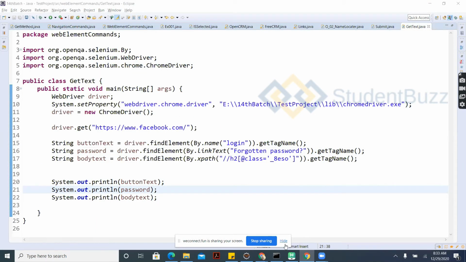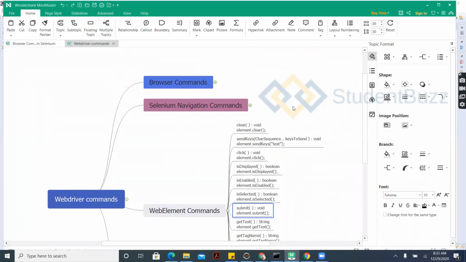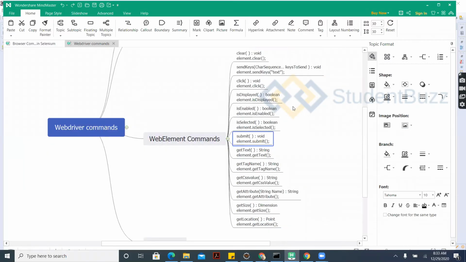Let's jump into the other methods. Guys, WebElement is a most important concept. These commands are what you will use to operate on these elements, so you have to practice it. Whatever I'm giving, use your own applications or outside applications, create at least one example and send it back to me.